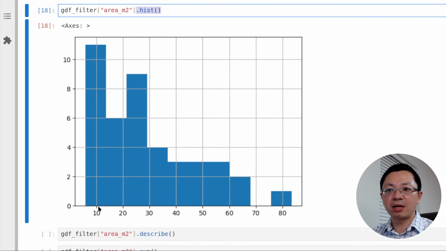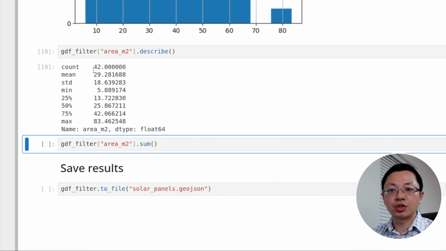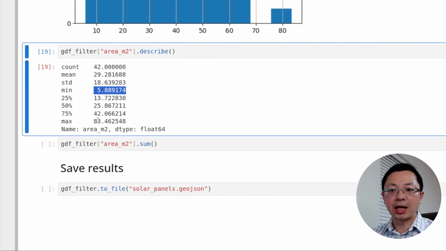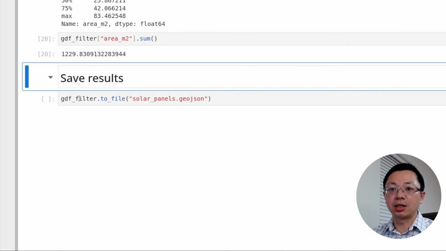Most of them are roughly between 10 to 30 square meters. There are some pretty big ones, maybe up to 80. But you can also describe, for example, the standard deviation, how many solar panels there are, the minimum size, the maximum size, and also the median size. So roughly the median size is 25.86 square meters in this area. If you want to calculate the sum, you can also do it, 1,